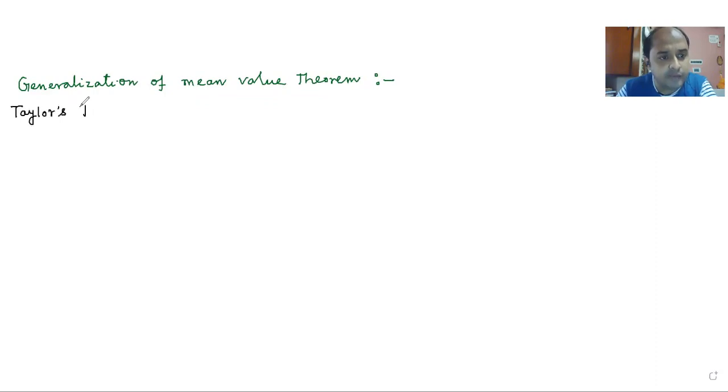Taylor's theorem, and it is very important. The proof of Taylor's theorem is not there in the syllabus, so you don't have to be bothered about proofs. We shall only try to memorize the statement of the theorem, and we will learn how to apply it on different problems and interesting problems. Let small n belonging to capital N, means the set of natural numbers or positive integers. Let I be an interval